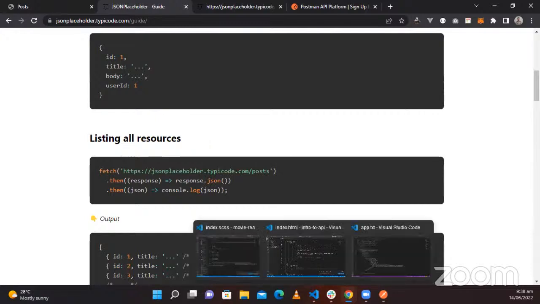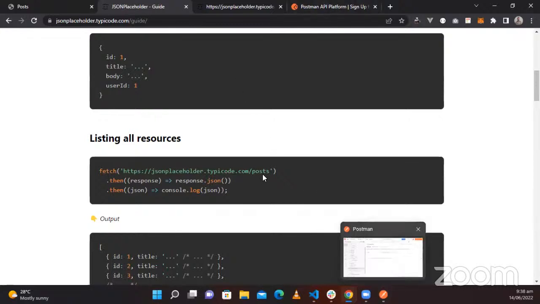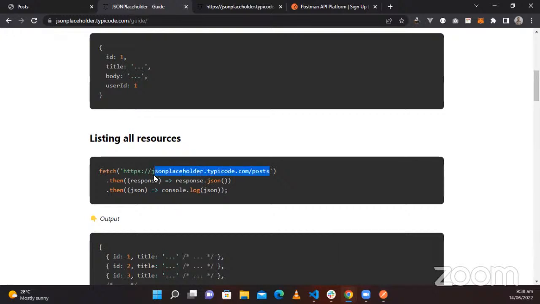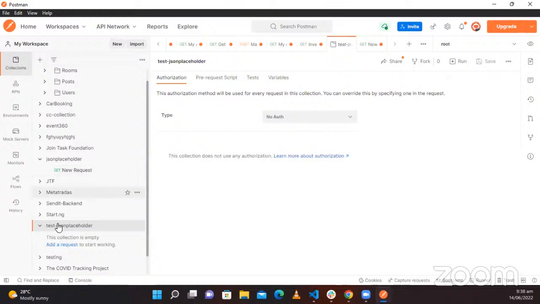I'm going to copy this, because I want to test out how it works. Inside my JSON placeholder, this collection is empty, so add a request to start working. If I click on add a request,